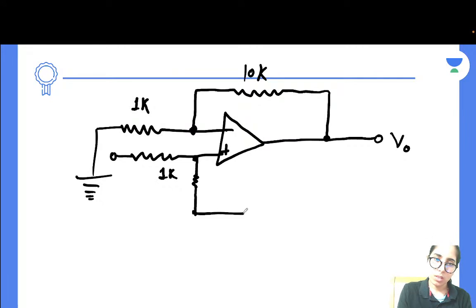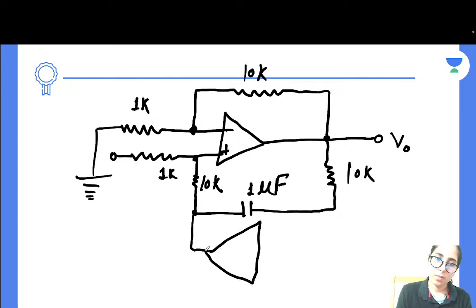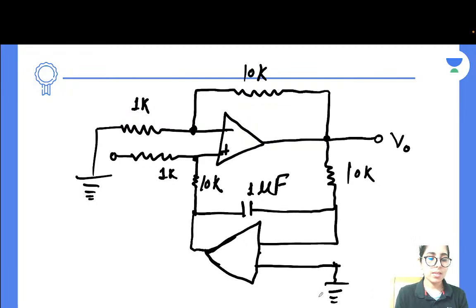The next one is this. Here is a capacitor. Here is again a resistance. The capacitor is 1 microfarad capacitance. And then this is 10K. This is again 10K. This is going to have another op-amp present here. This is grounded. Okay guys, this is what we have in the circuit, and now you just